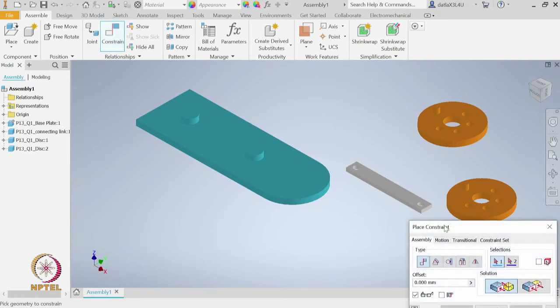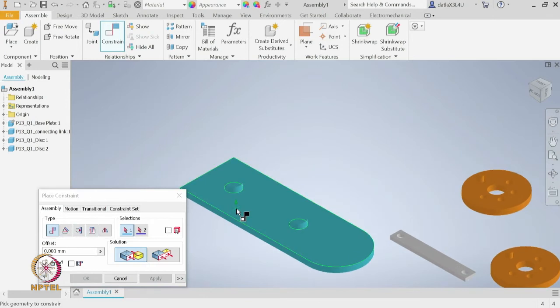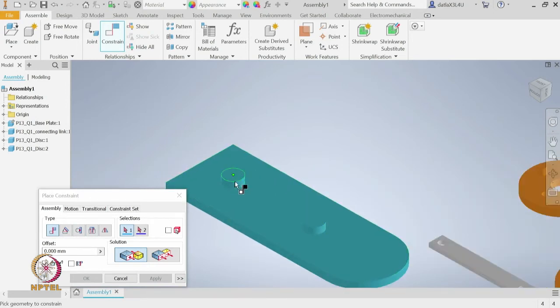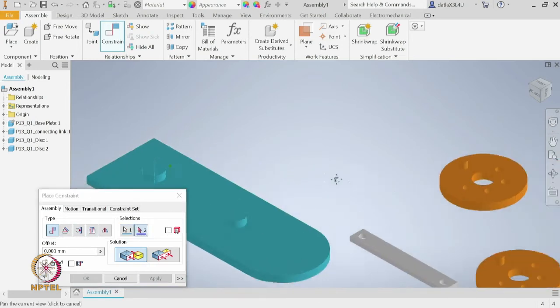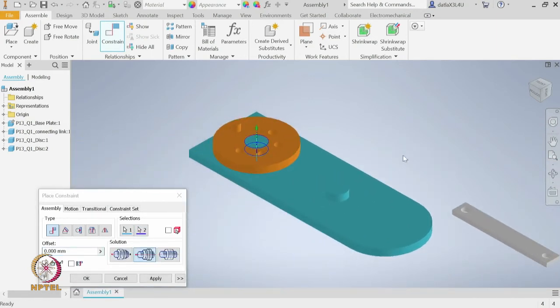I go to the constraint, choose the mate and then choose the axis of this pin and then the axis of this disc. Let us apply. And secondly, I will use the flush option between the top face of the disc and the top face of the pin, and apply.